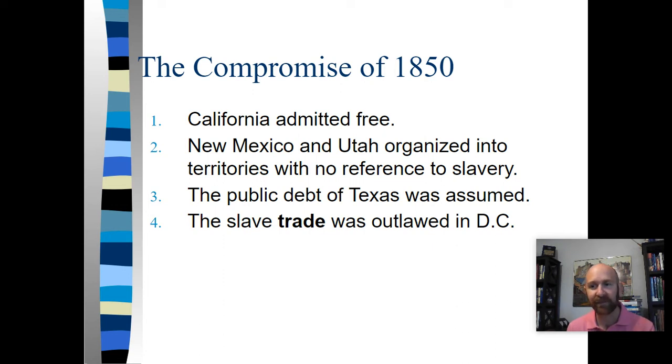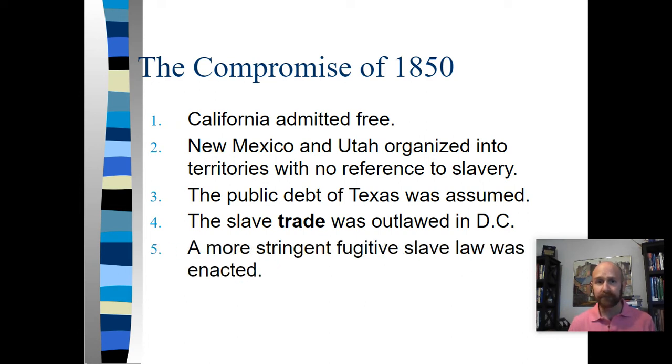And so, both sides recognize that that's a bad look. A lot of Southerners would never say it publicly, but privately they're like, yeah, that's kind of a bad look. This is definitely a win for the North. There are many Southerners that are going to be upset by this because it looks like a victory for the North. But there's also a lot of Southerners that recognize that this is probably a good deal. And then this is the big one, more stringent fugitive slave laws.